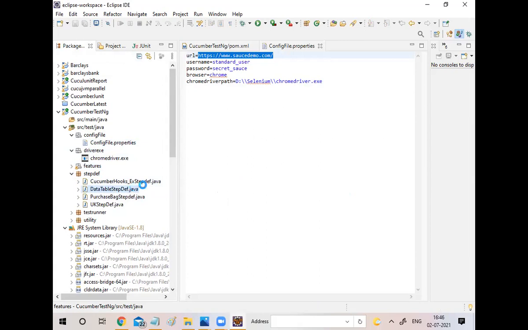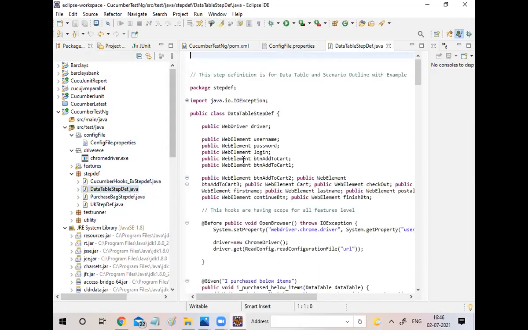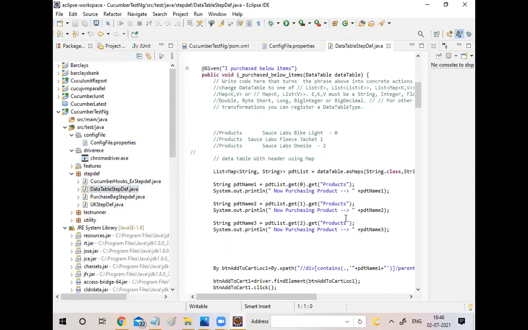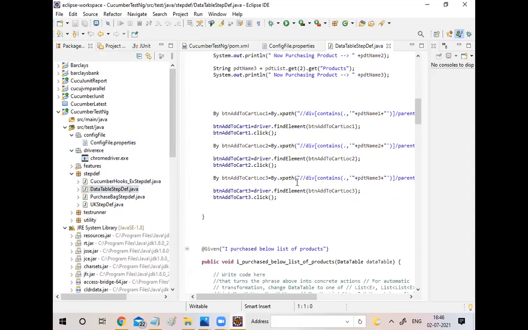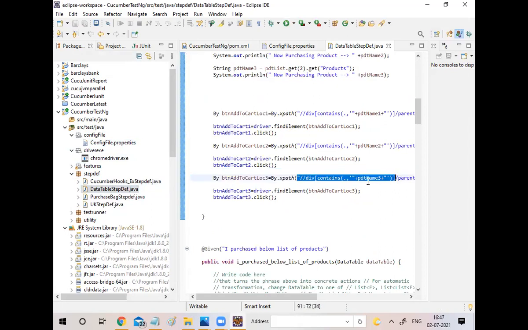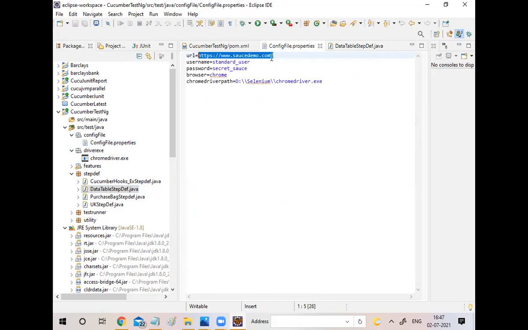Don't confuse this with the other framework. See, this is the XPath, everything. The XPath is written related only to this particular site. If I change to IRCTC, what will happen?